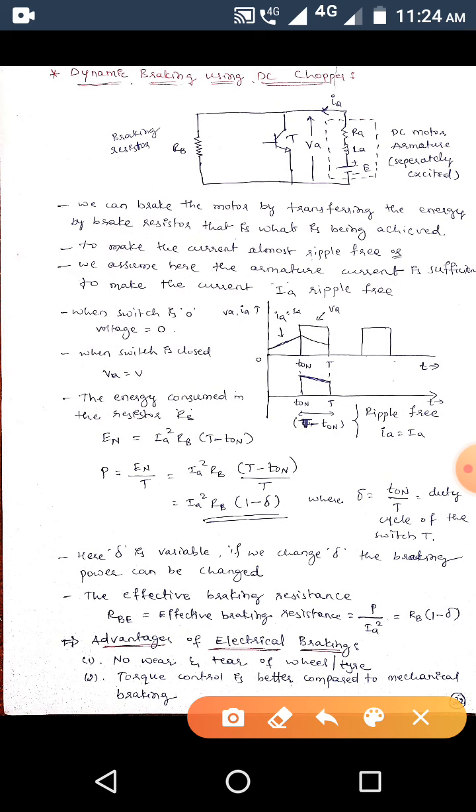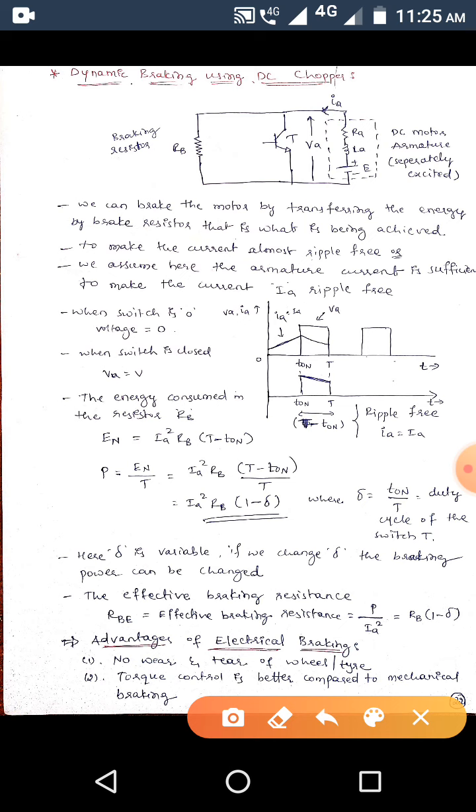armature winding, the equivalent armature winding, or sometimes we call it the DC motor armature, a separately excited DC motor. It has the resistance Ra and La, and it has some back EMF. That is connected with one switch, a thyristor. Both ends of the switch are connected with the braking resistor Rb. So Rb indicates the braking resistance,